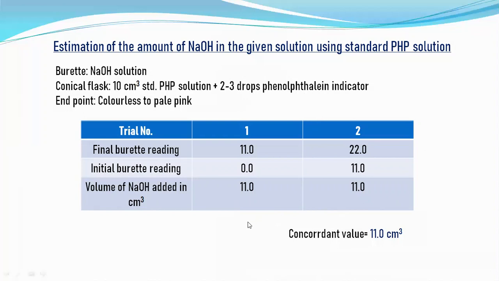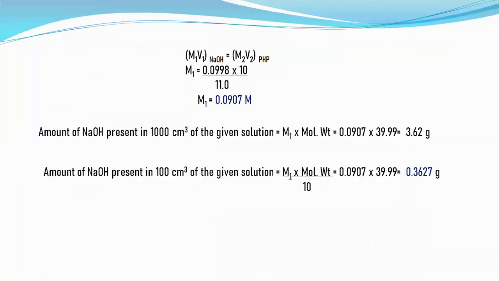So we need to repeat the titration. At least we should get 2 concordant readings. Suppose we don't get concordant readings, then we need to do the third trial until we get at least 2 concordant readings. So here we have the 2 concordant readings, which show the burette reading to be 11.0 cm cube or 11 ml. So next, coming on to the calculations of the molarity of this NaOH solution, or the concentration of